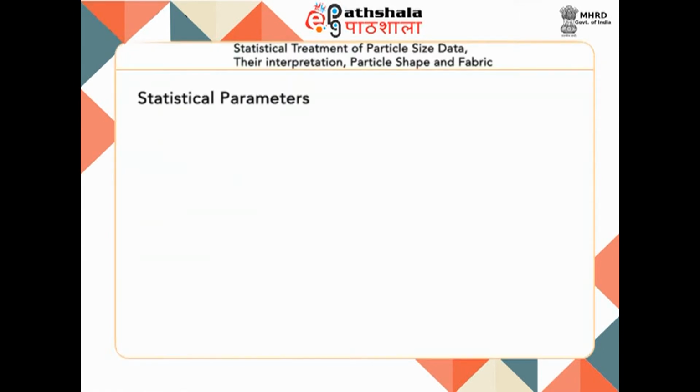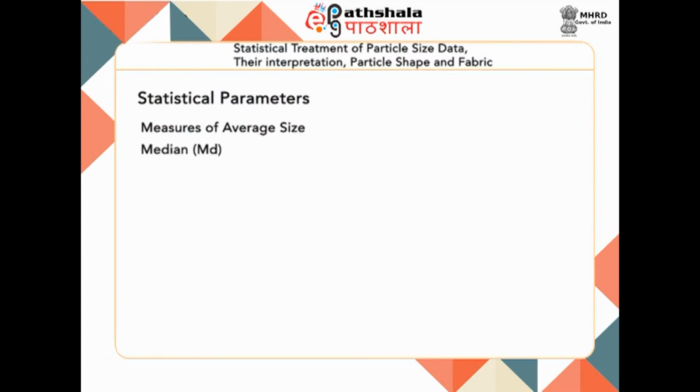Now, after this we will discuss the statistical parameters that we identify and measure, which tell us about the average size of the sediment. It is desirable to have a measure which will say that yes, sample A is so much coarser than sample B. This is not as easy as it sounds, though, because there are many different measures of average size. Using one measure, sample A may look coarser; using another measure, sample B may look coarser.